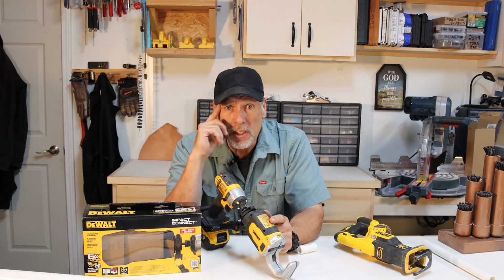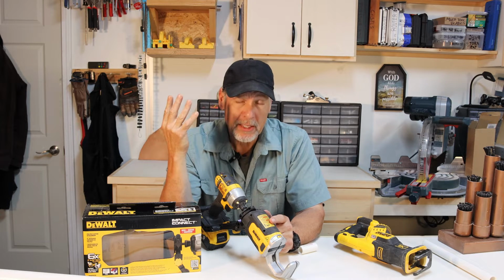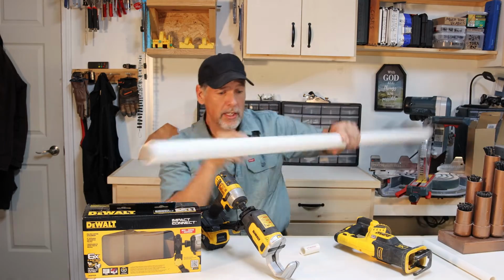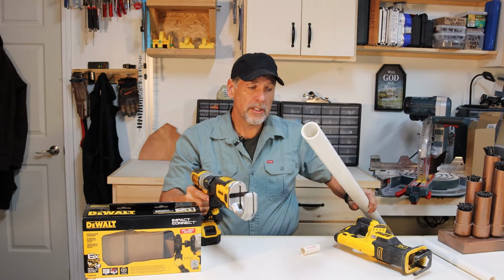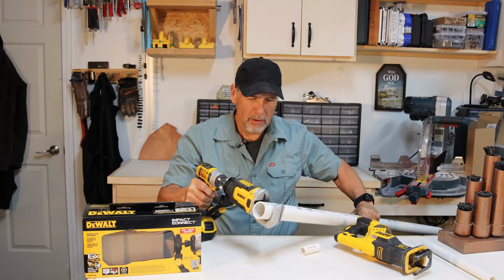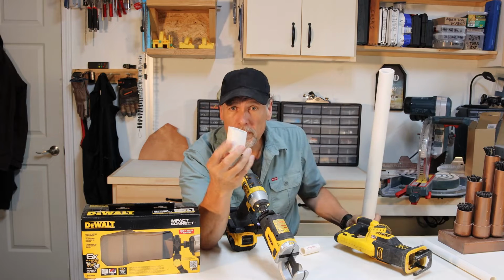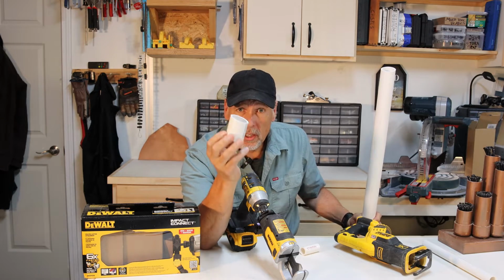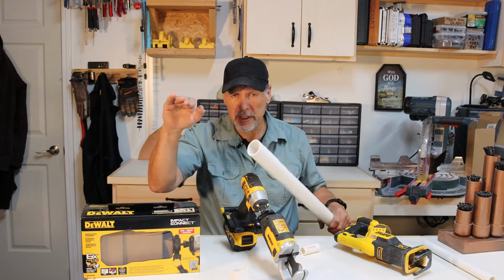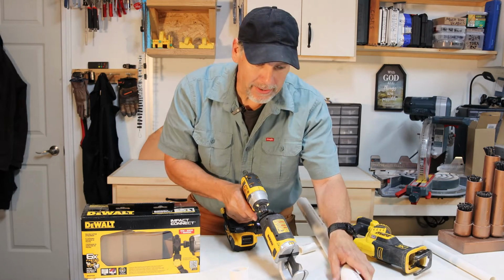Here's one of the complaints that a lot of the people had about it, and a lot of reviews I read and people I talked to, they didn't like it because they said it cut crooked. And yeah, you're right. If you put it in here, this is a 1.5 inch pipe. Well, you can see the crooked cut it does. The reason it does that is because you're not holding it square inside there. So what I did to counteract that,